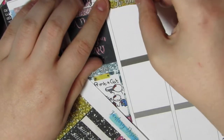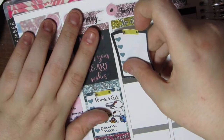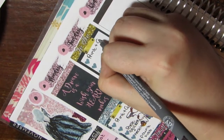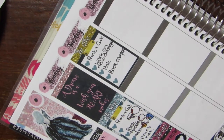So on the Tuesday I am just putting down a to-do header. I don't really have a colour scheme, I'm just sort of plopping them down wherever they go. So I'm putting in a checkbox and filling in my to-dos for Tuesday. So I need to work on more stickers, I need to upload a new design, paint the hat, book the car park,